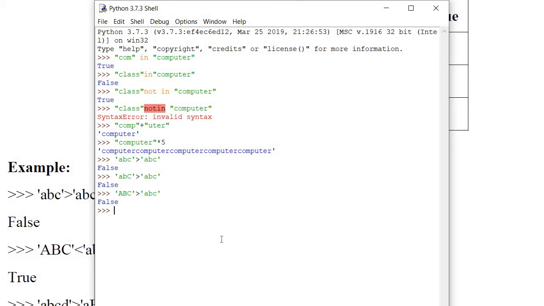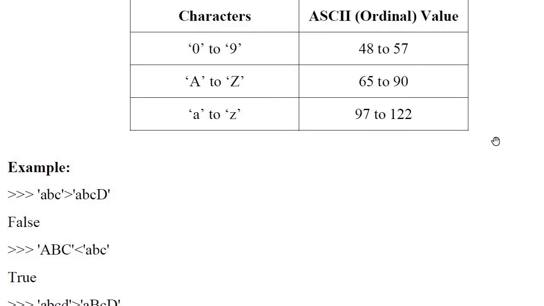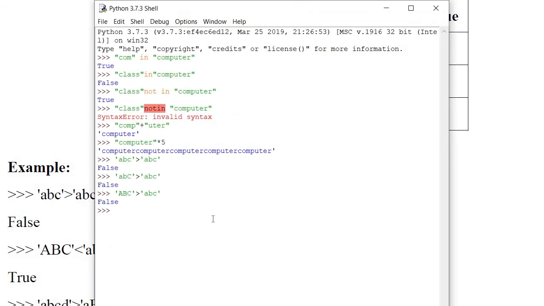Now again it's saying false, because the ASCII value of capital A starts at 65 and small a starts at 97. So it always comes like this. Now let's see the next thing.